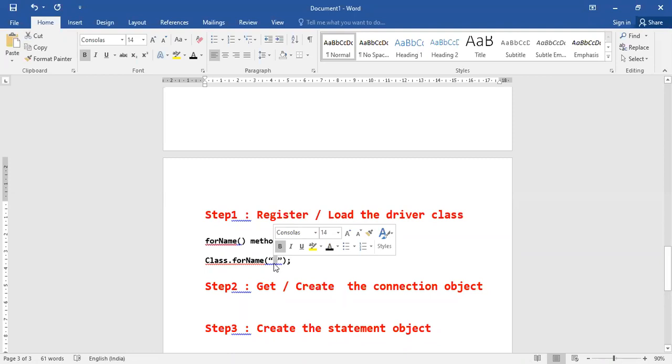As of now, I will be writing the code for your Oracle. Later, I will give you the code for MySQL, Access, and all. You can use all of that. As of now, I will be writing here the code for Oracle. Now, to load the Oracle driver class, you have to memorize this: